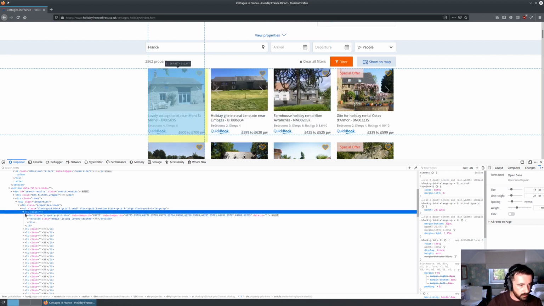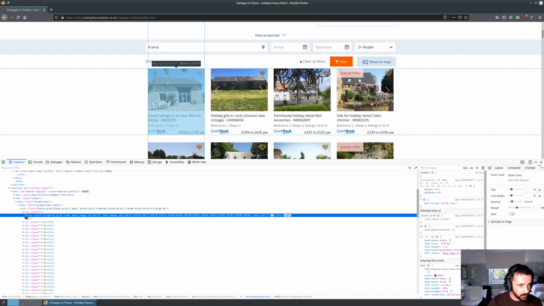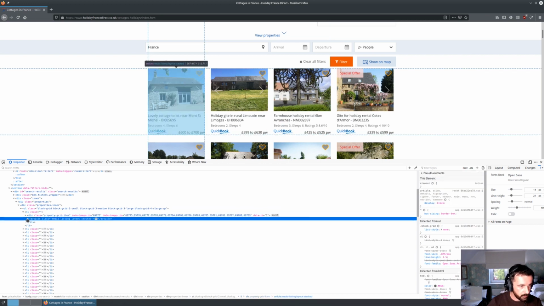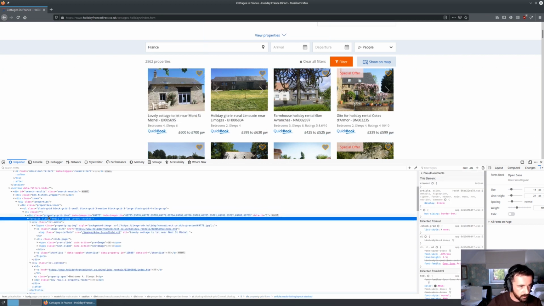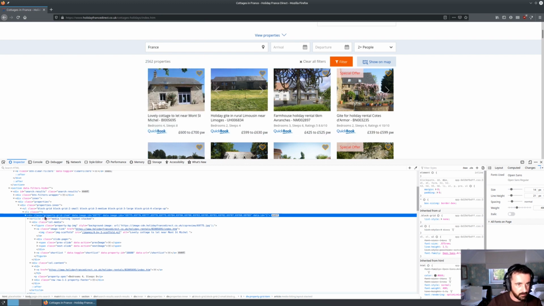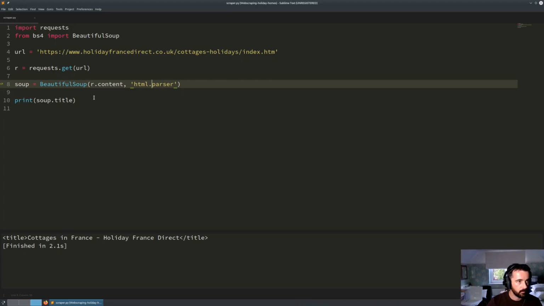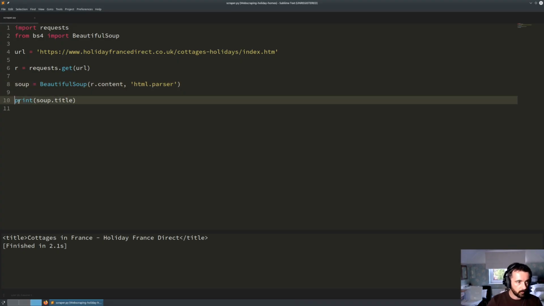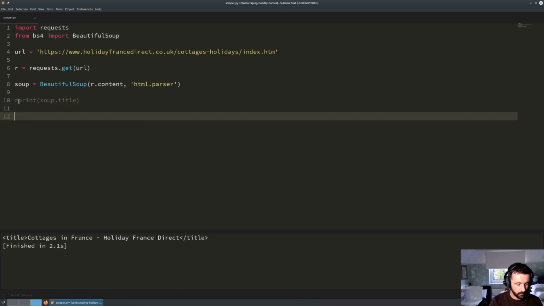So within this, we need to find something that we can get into to get the information out. I'm thinking I'm going to use this div here that hovers and highlights the whole thing. So I'm going to remember this is a div and the class is property grid item. If I copy this, it might be a bit small to see, but you'll see it in a second. Comment this out, we don't need it. And then let's do